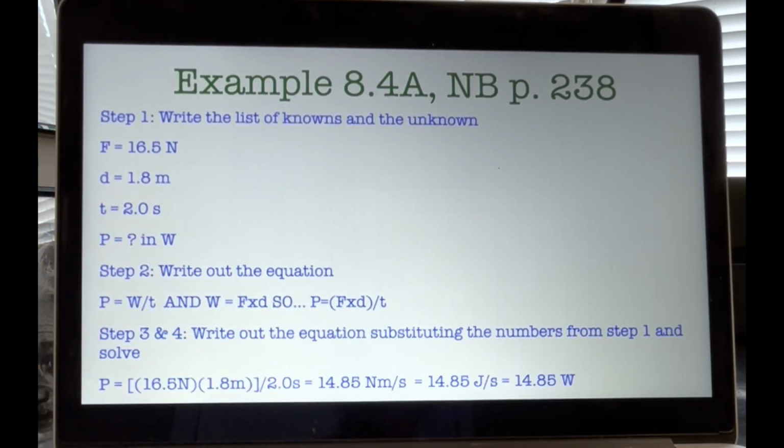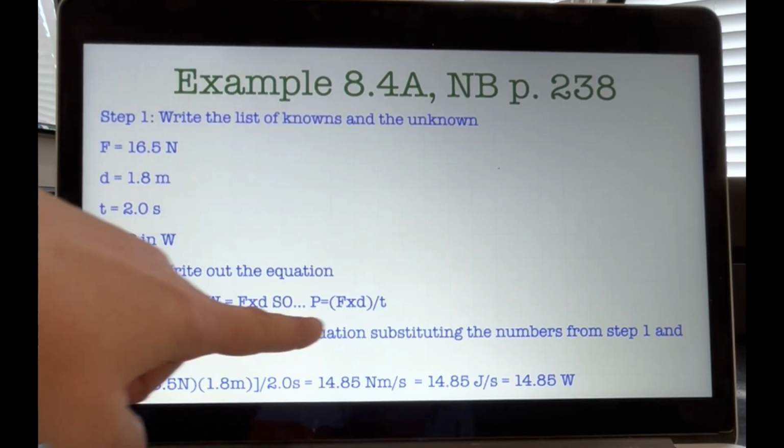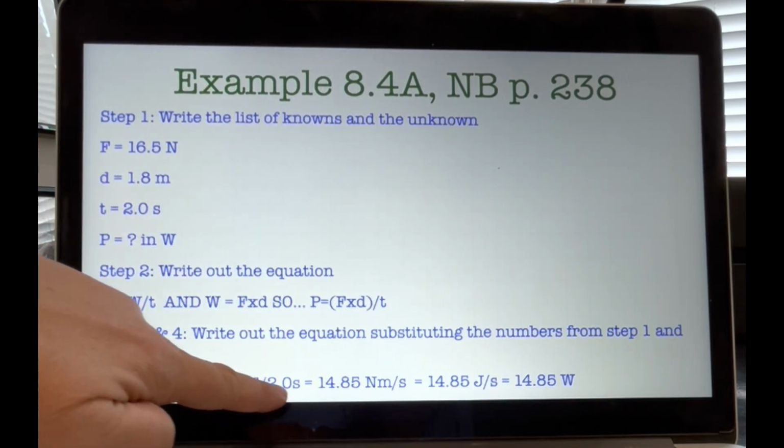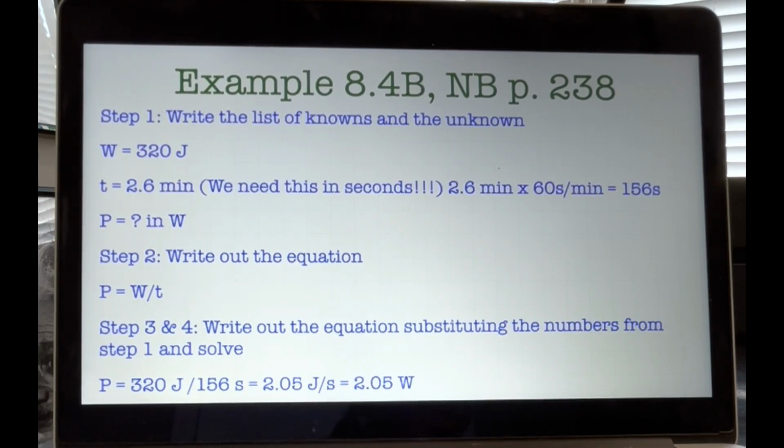So step 3 and 4, write out the equation substituting the numbers from step 1 and solve. Okay, so I have my force of 16.5 newtons times my distance and height divided by time, 2 seconds. So I get 16.5 times 1.8 divided by 2 equals 14.85 newton meters per second, or 14.85 joules per second, which equals 14.85 watts. All right,